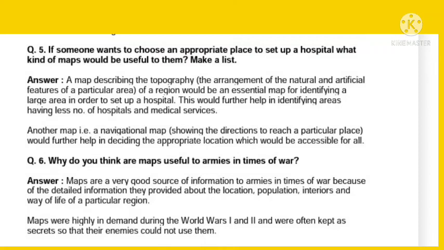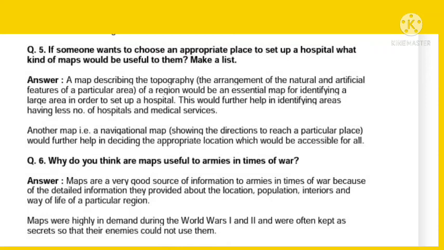This would further help in identifying area having less number of hospitals and medical services. Another map, that is a navigational map, would further help in deciding the appropriate location which would be accessible for